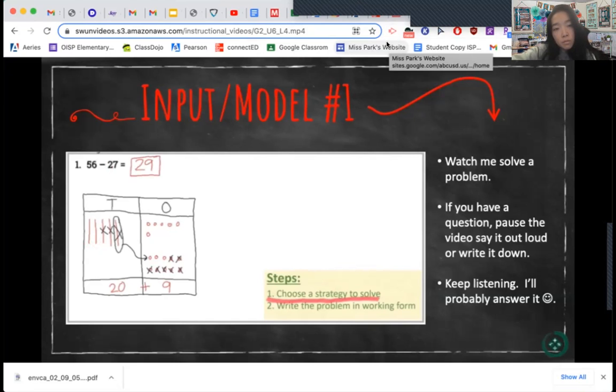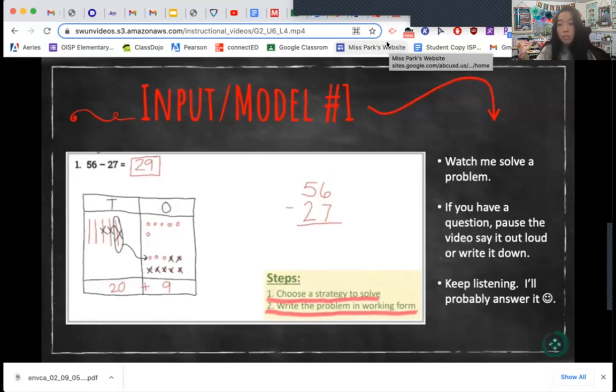Now step 2 is to write the problem in working form. Working form would look like this. 56 minus 27, carefully lining up our tens and ones. Then we subtract, starting with our ones place. Here we have 6 minus 7. We cannot subtract 7 from 6,